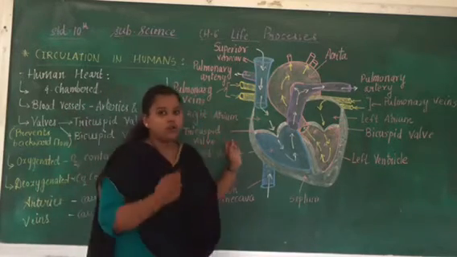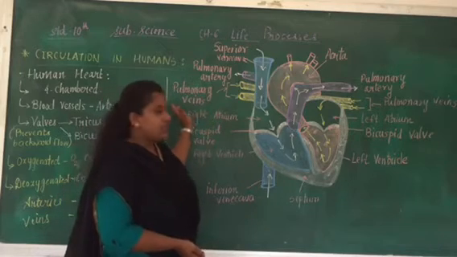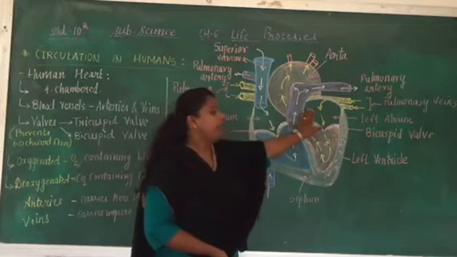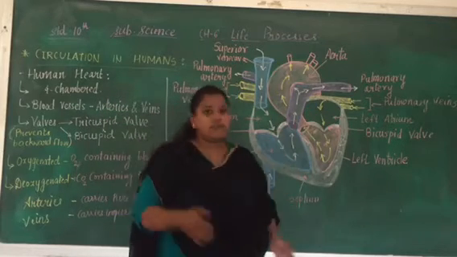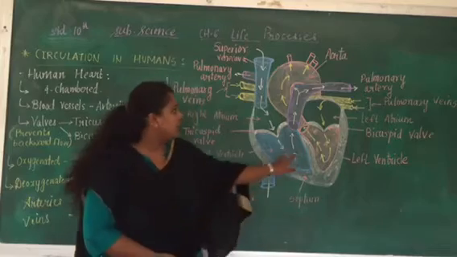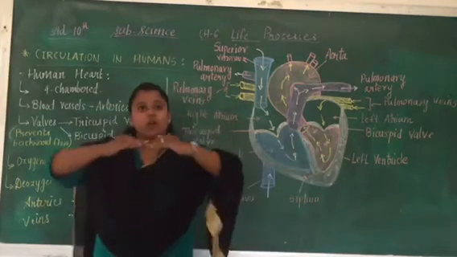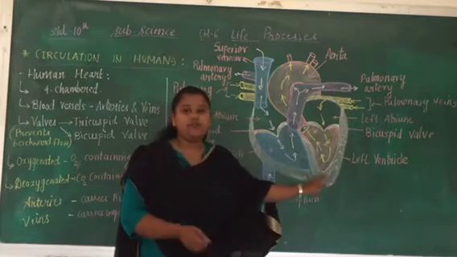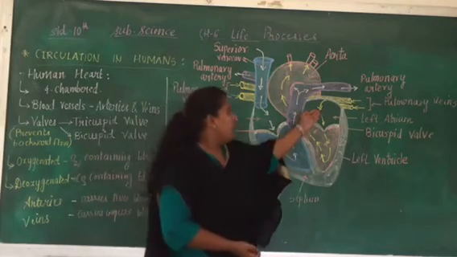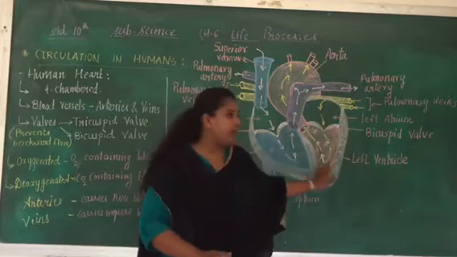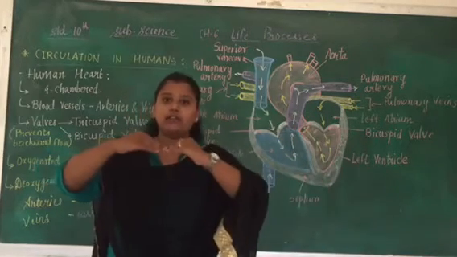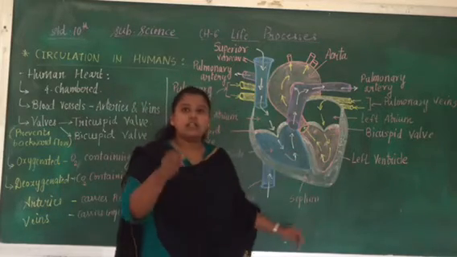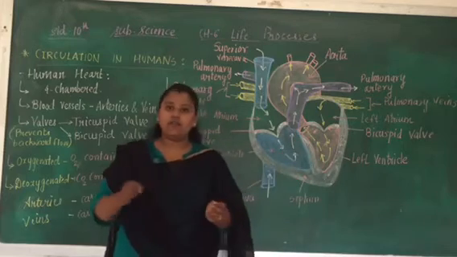Now this pure or oxygenated blood through the pulmonary veins opens into the left atrium, right? Now when it opens into the left atrium, what happens? Again the pressure will occur, and due to that the two flaps of the bicuspid valve open, and when it opens, the blood from the left atrium goes to the left ventricle, right? Now when the left atrium pours its blood into the left ventricle, again the bicuspid valve gets closed, and when it gets closed, the blood which is present in the left ventricle cannot go back to the left atrium, right?